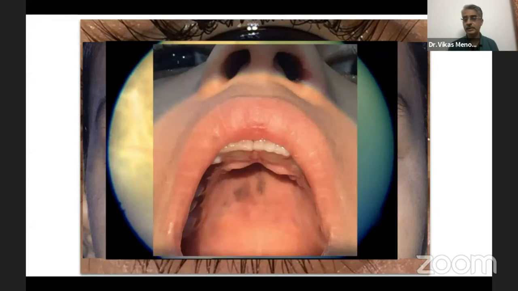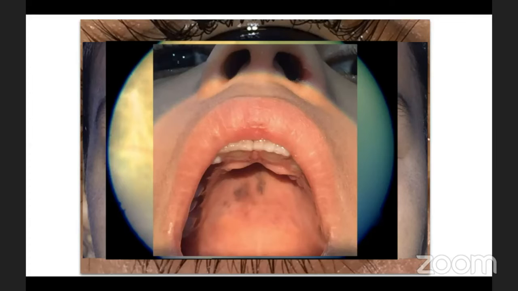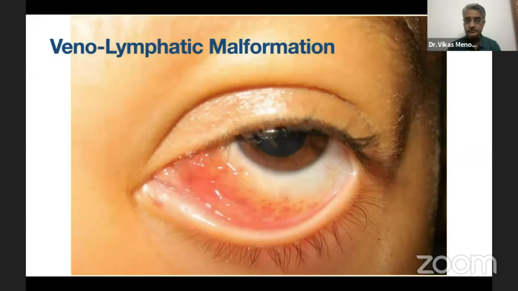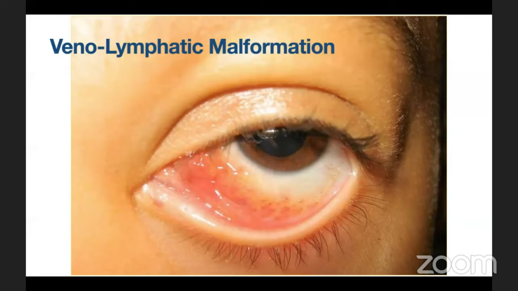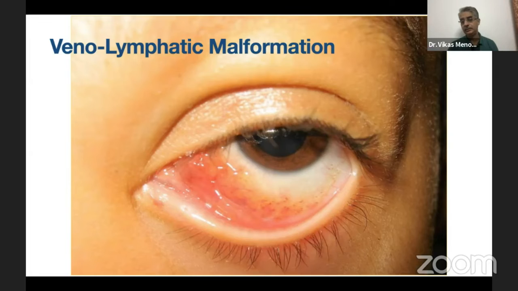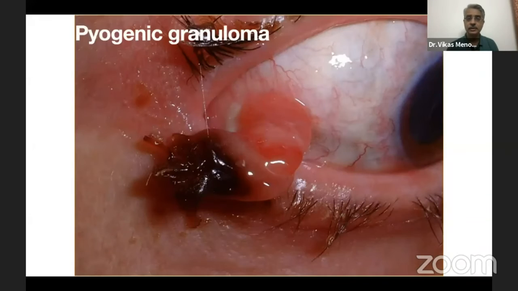You may also see some pigmentation on the palate or near the hairline, and these patients are predisposed to esophageal and CNS meningeal melanomas as well. So this is something which Dr. Seema had shown, venolymphatic malformations, and sometimes you may see an extension of these under the conjunctiva. This has already been covered.